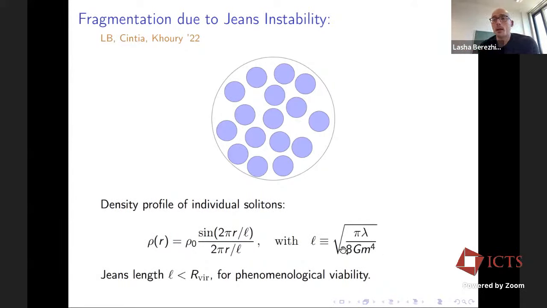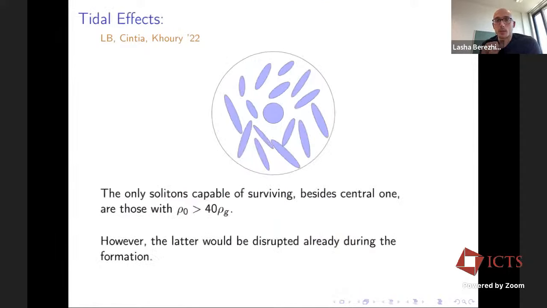And the size is given by this, which we also talked about in the previous slide. An important point to realize is that by analyzing different parameter spaces, the diameter of the solitons is inevitably much smaller than the virial radius because of phenomenological viability of the model. Okay, but there is another effect after this that becomes important, which is the tidal disruptions, because